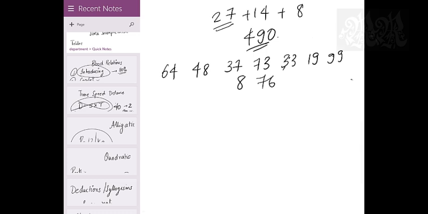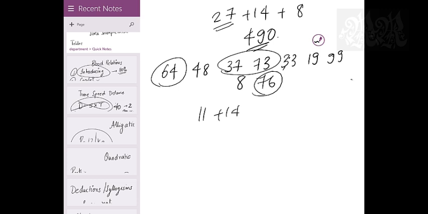Now can you merge things out here? Are you able to merge anything out here? I can merge these two. 7, 3 and 3, 7. I get an 11. What else can I merge? 64 and 76. I get a 14. Plus, what else can I merge? It's okay, it's not hard and fast. Not necessary you should merge all the time. You can just add like that later, don't worry.